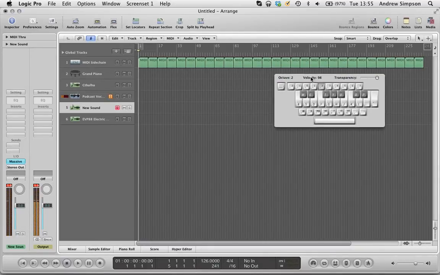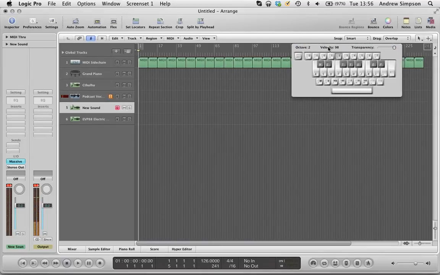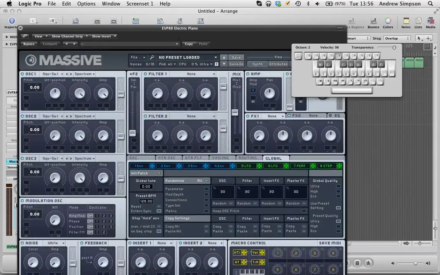So to do this, I'm going to be using Massive, but as I'm going along I'll explain what I'm doing, and I'll also explain how you can go about creating this in other synths if you don't have Massive, or if you just prefer to create it using something else. So open up Massive,